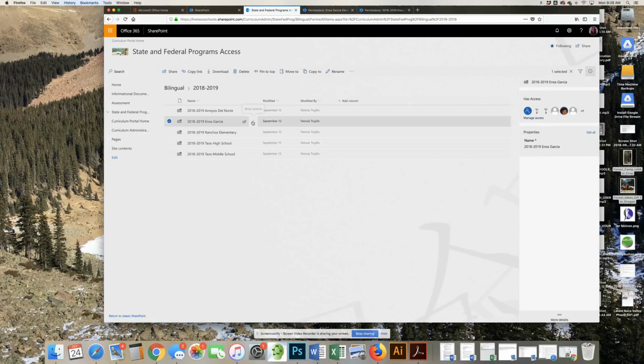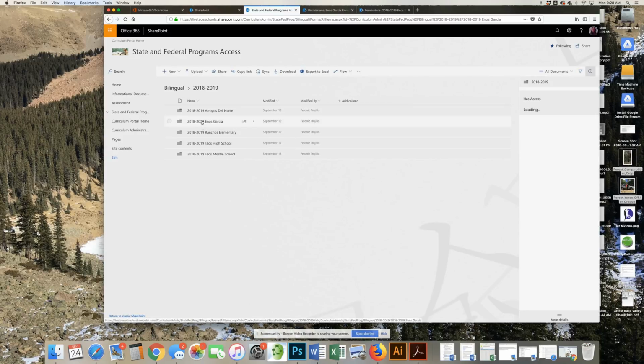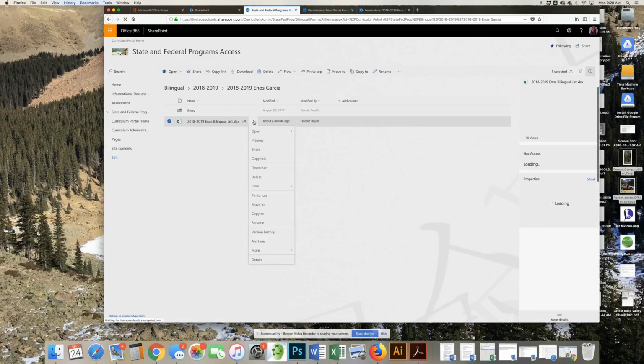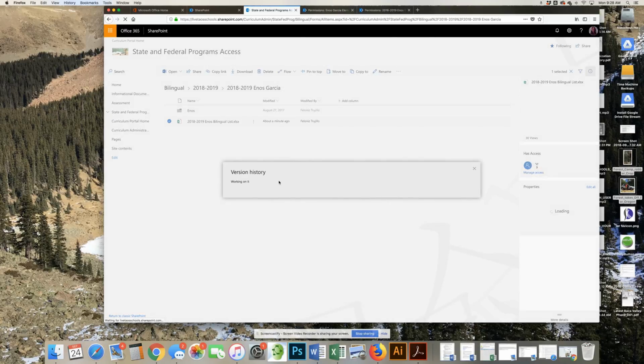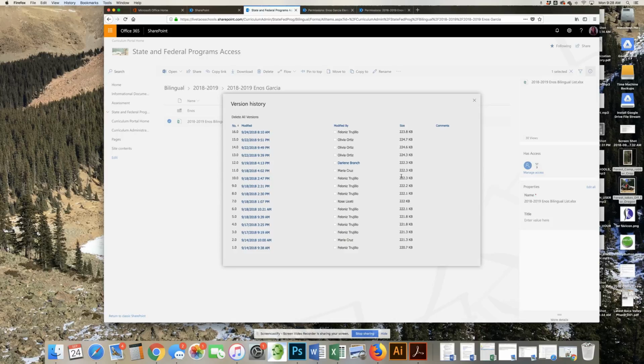And then I want to show you how to look up the version history. So we want to look at the file level. If we go into this one, which I think is the file that you're curious about, people making edits, we can click here to show version history. We can see all the cataloged changes for 16 versions. And if you wanted to, instead of saying Olivia made a change and you were like, whoops, Olivia shouldn't be making changes, and you went back in and edited those changes, you could